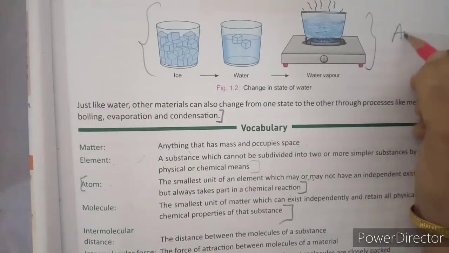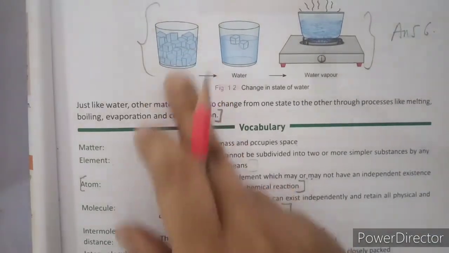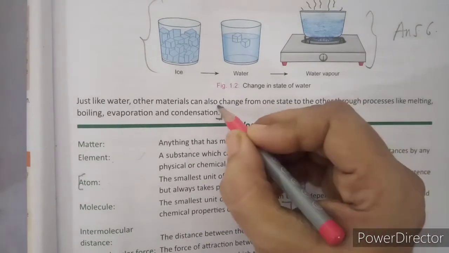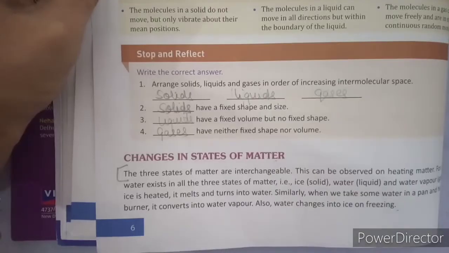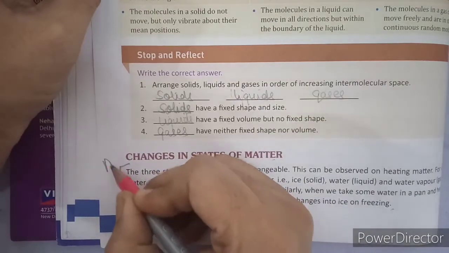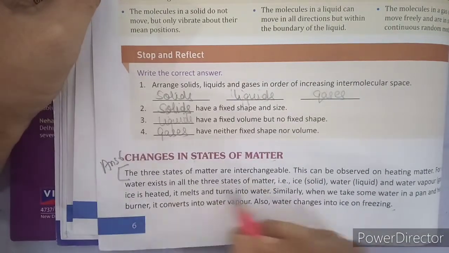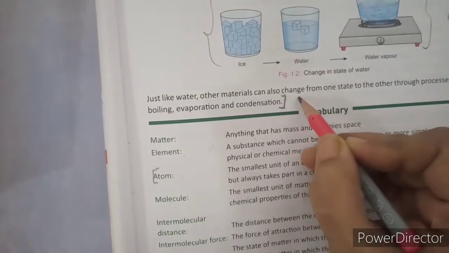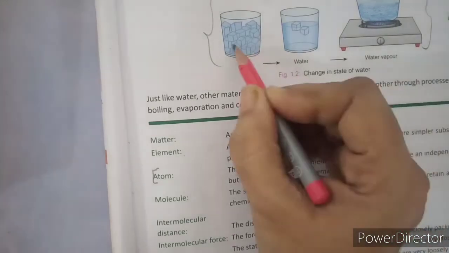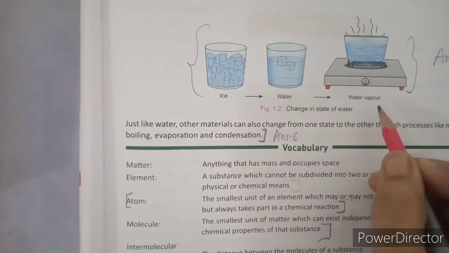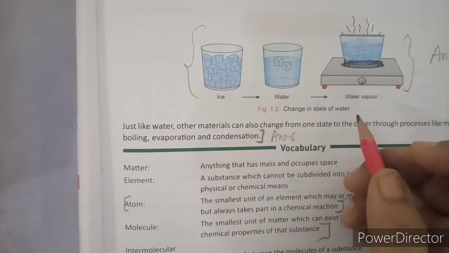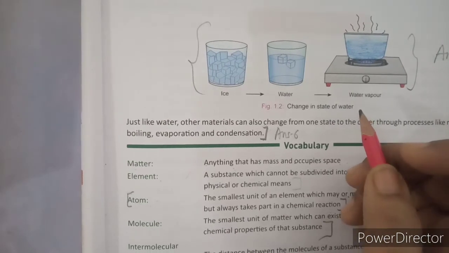This will also come in your answer 6, the diagram will come and this full paragraph up to here. Okay, so answer 6 is from here. You have to write from here. Turn your page and then you have to write up to here, answer 6. And you have to draw this diagram also. It is very easy to draw. So draw this also because it is told to write the example as well.